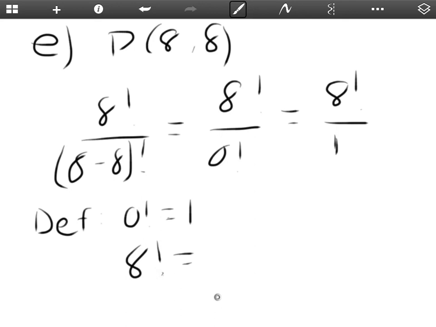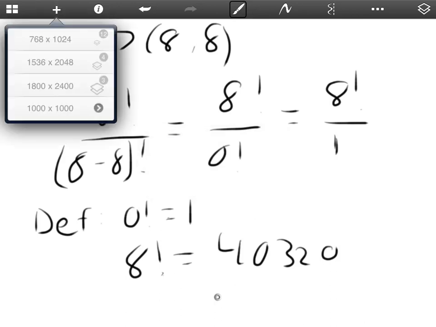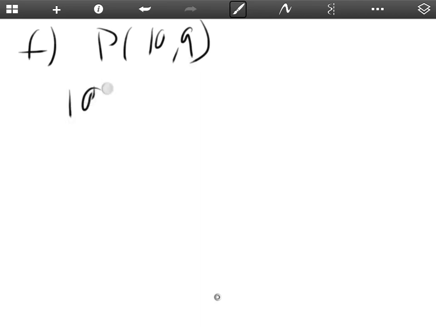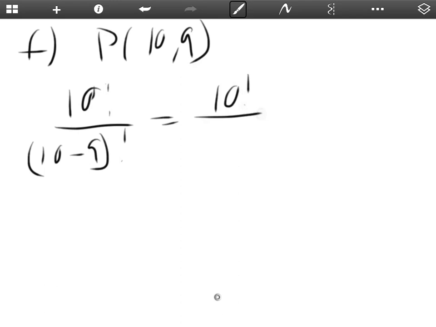is equal to 40,320. I really should be checking my answers, but whatever. We'll check them after. P of 10, 9 is just going to be 10 factorial over 10 minus 9 factorial, and so you're just going to get 10 factorial over 1 factorial, which is just going to be 10 factorial, and 10 factorial is